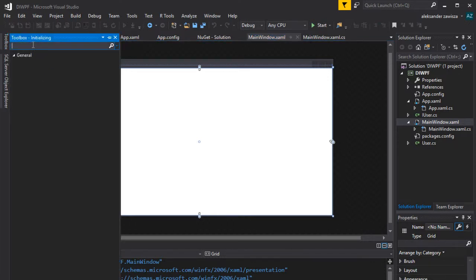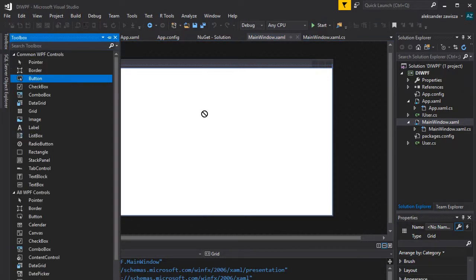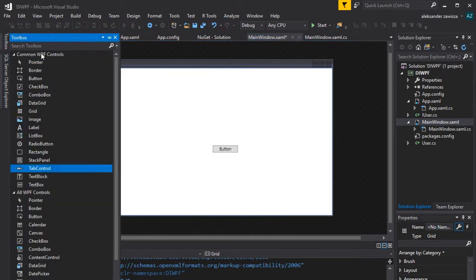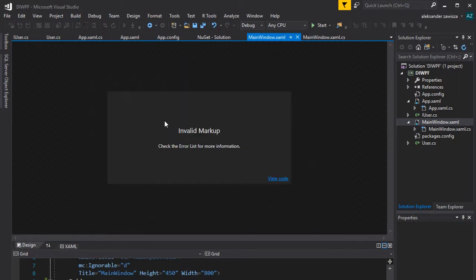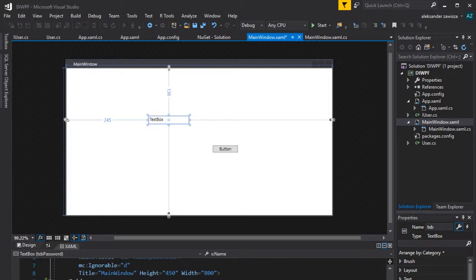We'll take some simple things, like a button and a text box. Let's give it a name of txtUsername, and let's copy this and paste it here. Let's give it a name of txtPassword. Let's move it here,